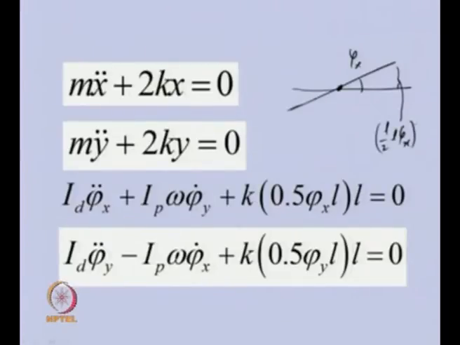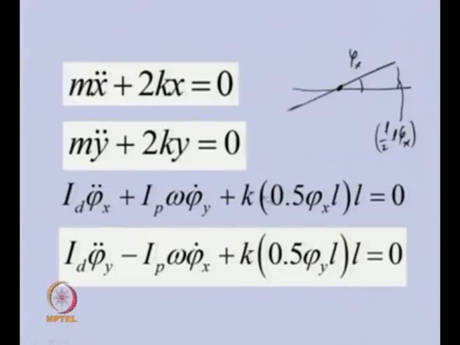and because of this, K into this much will be the force which will be exerted here, and if we take the moment arm L, we will get the moment due to the springs at the bearing on this particular plane, similarly in the other plane. So basically these are the bending moments, or the couples, which are coming onto the rotor from the bearings, these two.